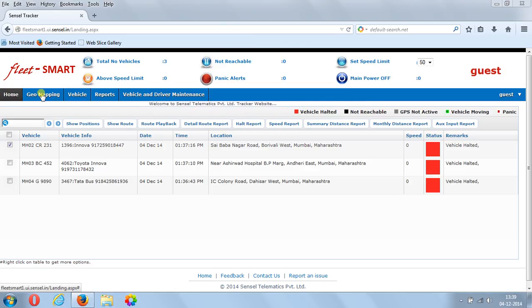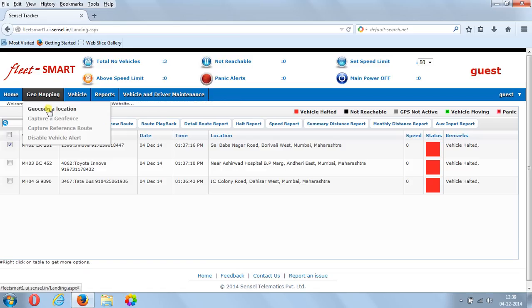In geo mapping we have around four options, and you can actually geocode a particular location and capture a geofence, which means a region. You can capture a region, and whenever a vehicle enters into that region, you'll get notified, and whenever the vehicle gets out of that region, you'll get a notification on that. And how can you capture the reference route? We'll tell you about that, and this is about disabling the vehicle alert. Let's first start with